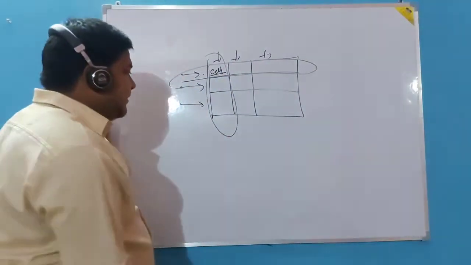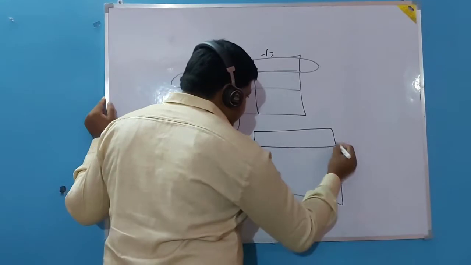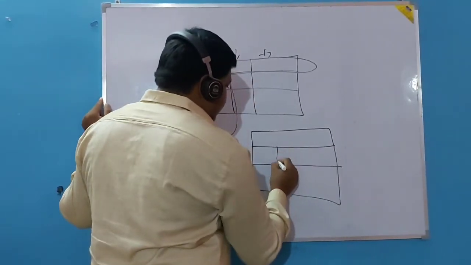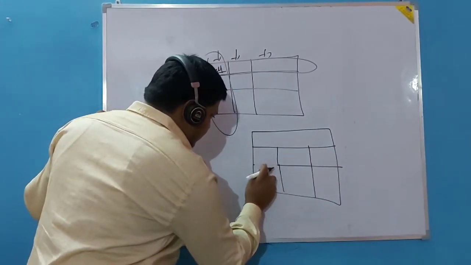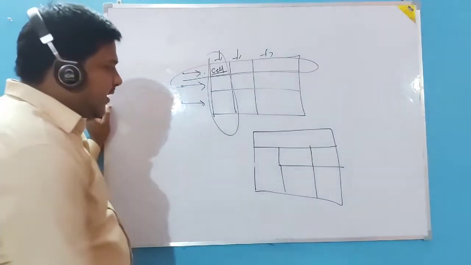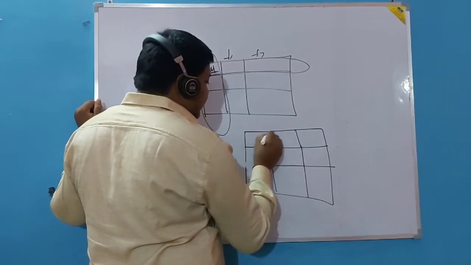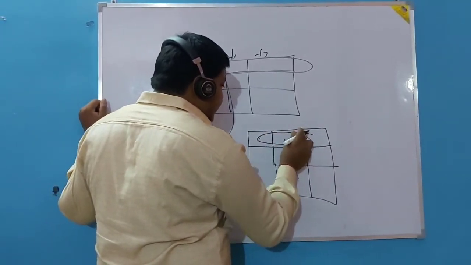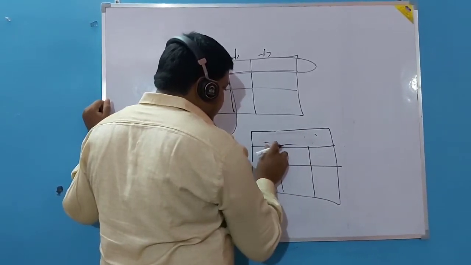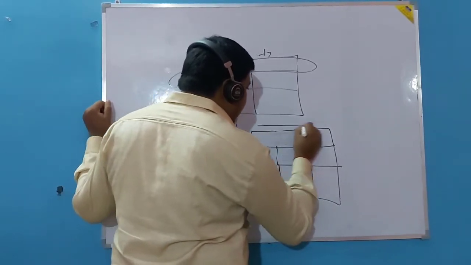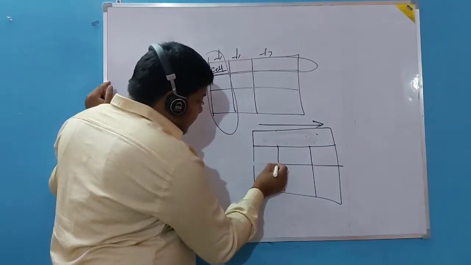Clear? Sometimes you have seen tables like that. Look. So what is being done here? This is also like that, but here the cells, cell 1, cell 2, cell 3, are all merged into one, and it is showing like that. So it is called merging. And in which direction have we merged? Horizontally.